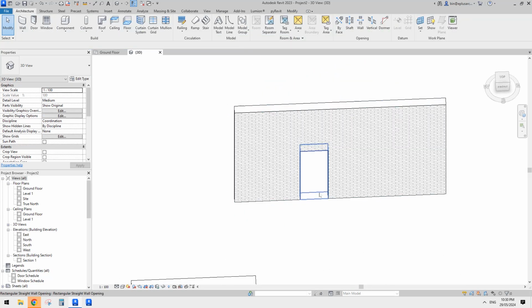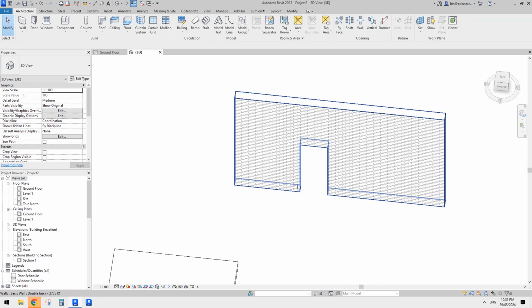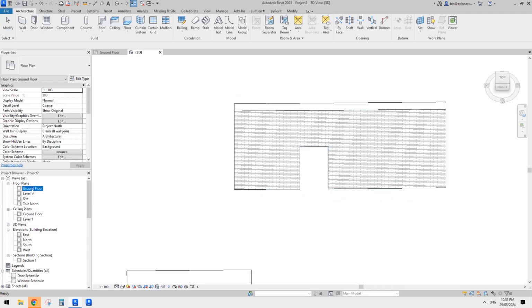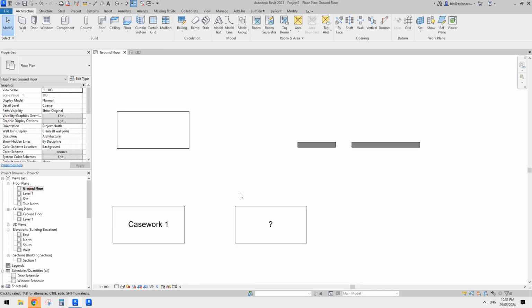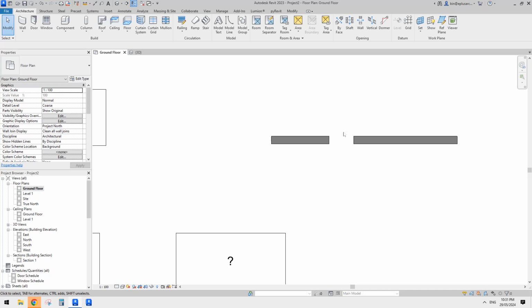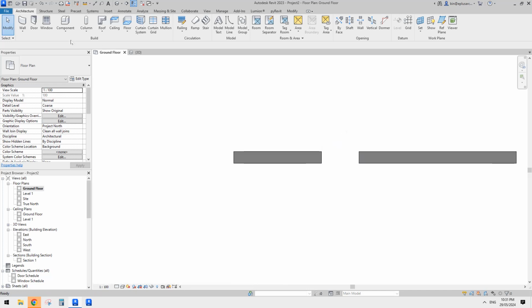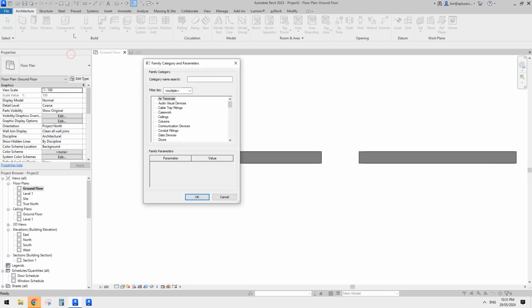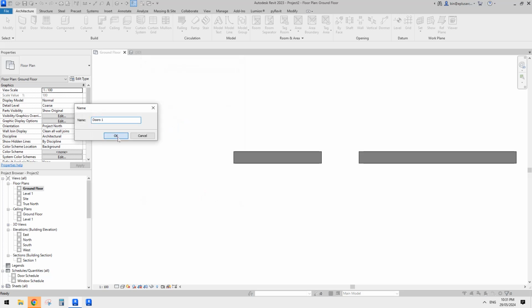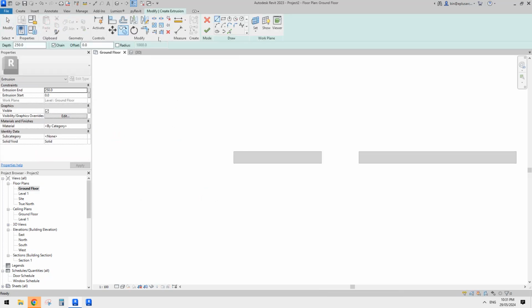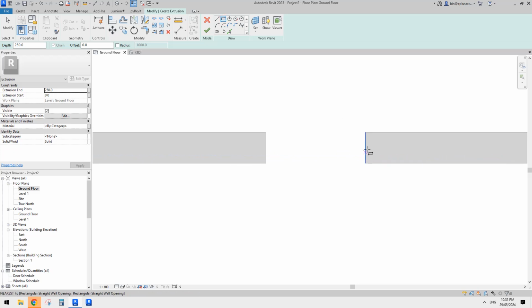So let's say I want to place a pivot door, and I don't have that family. Instead of trying to create a family, I'm going to just model it in place. Okay, so let's quickly do it. I'm going to use model in place and I use door category. Okay, and then first I'm going to just use extrusion, and then in the